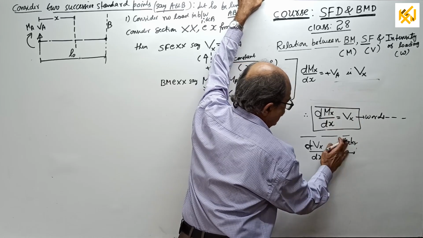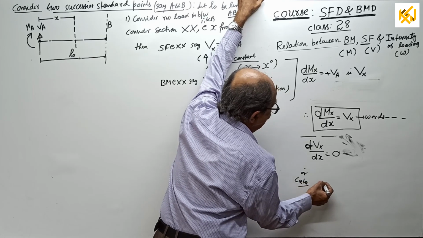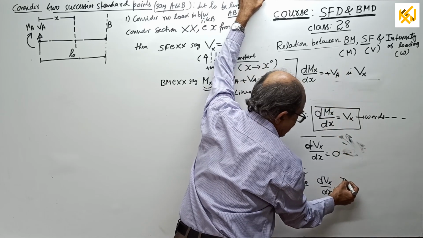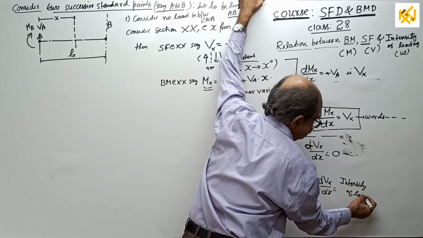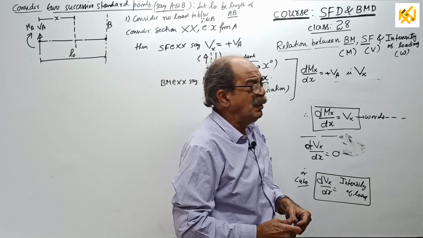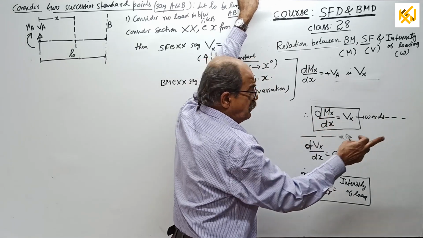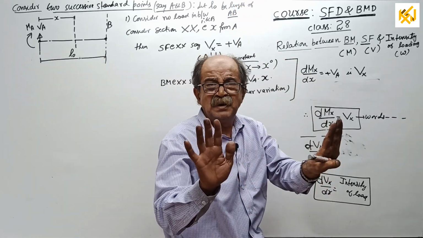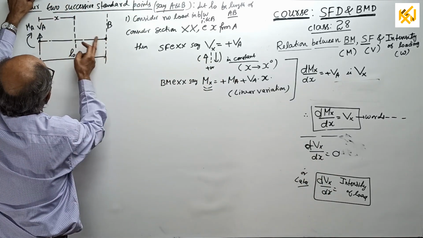Later, dVx by dx equal to intensity of load. Yes, correct. No one can tell wrong, because someone will ask, how do you know? I want to connect shear force with intensity of load. How much is the answer? 0. Somebody will ask, how do you know that it is intensity? Wait for some time. Anyway, if I write that way, is anything wrong here? No wrong. Why? There is no load.